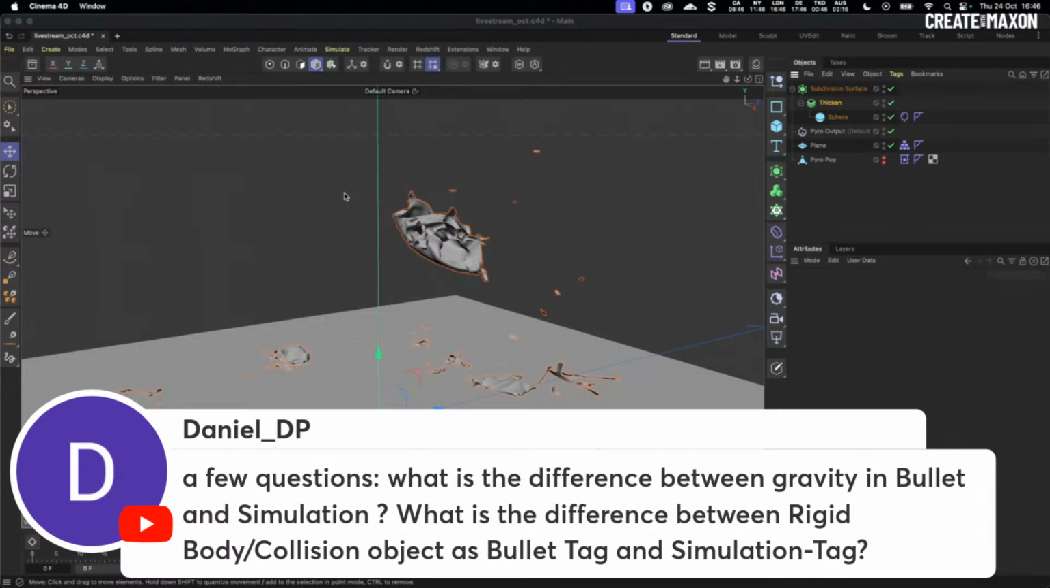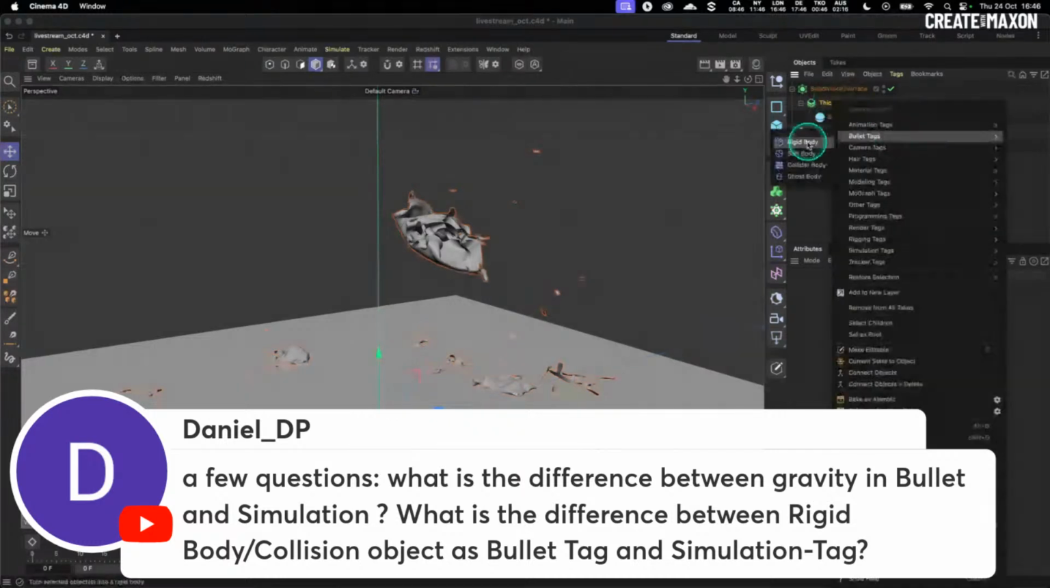And what's the difference between rigid body collision object as bullet tag and simulation tag? So again, just sort of what we talked about. If you are using bullet rigid bodies or soft bodies, and there are still some possibilities in the bullet system that haven't moved over to the unified simulation system, which is why they're still in here, they're still possible to use. If you are using the bullet system, you need to make sure you're using the collider in